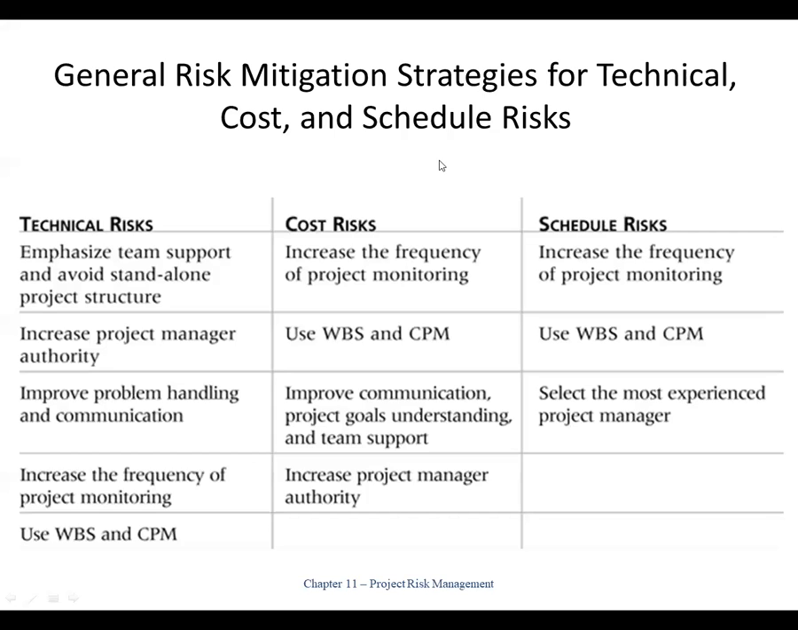Okay, so this should give you general risk mitigation strategies, particularly for these three types: technical risks, cost risks, and schedule risks. You can see you can use WBS and CPM in all of these risk types to mitigate them. You can use a good plan, WBS and CPM method, so that you can mitigate